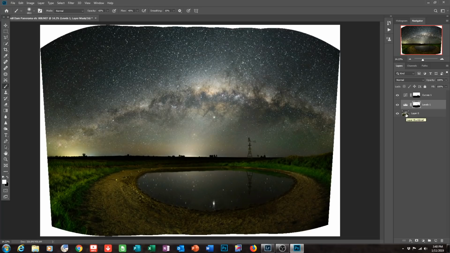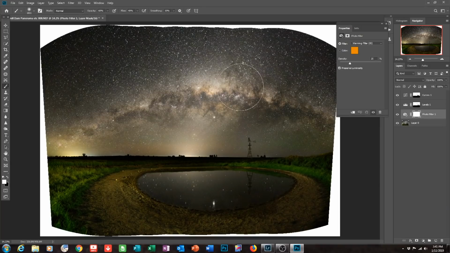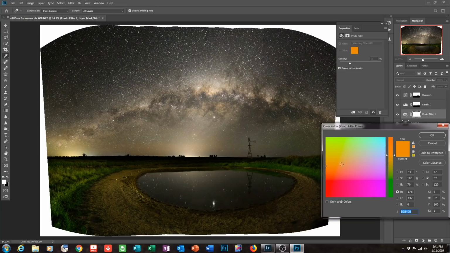Now, one of the other things you might like to do is add a photo filter. I do this quite often. So once again, click on the add adjustment layer and click on photo filter. Now you can see the different color that you can get overall the image by clicking on the color here, and you can bring that around to wherever you like